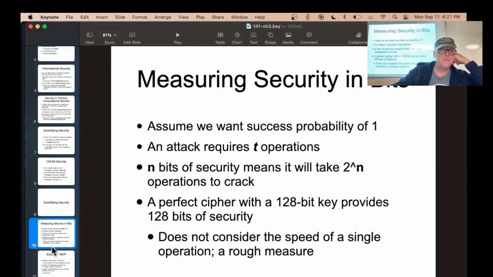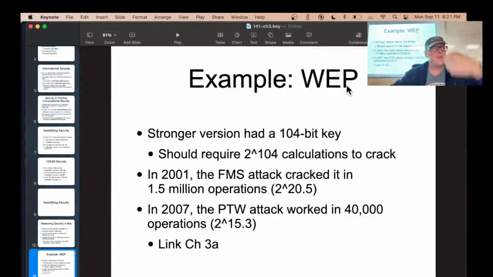All right. So WEP, for example. WEP, the stronger version of wired equivalent privacy, had a 104-bit key. So that would have been fine if it took 2 to the 104 calculations to crack. That would have been perfectly secure, but it turned out there were serious mathematical weaknesses in WEP, so you didn't really have to try all the keys. So the first crack brought it down to 2 to the 20, which is not enough at all,